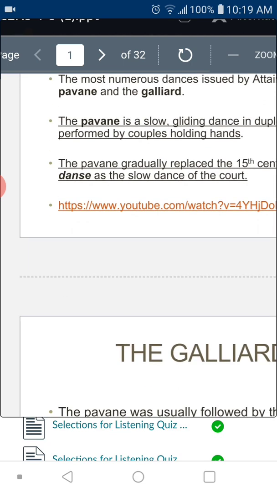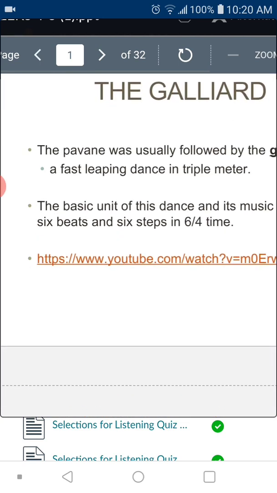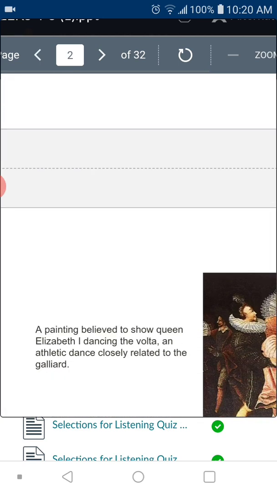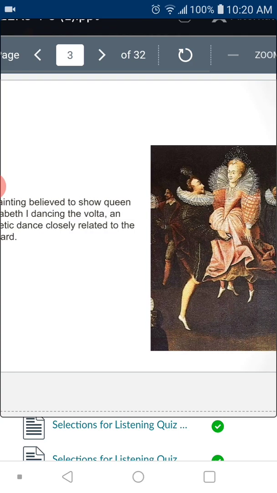So the last question of the first exam, as you know already, is about the Renaissance dances. So the pavane, the gaillard, and the bastons. So that's actually the last slide. This one here is the last slide for the first exam.